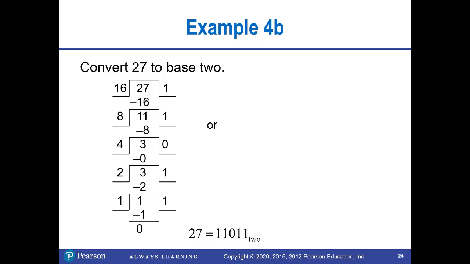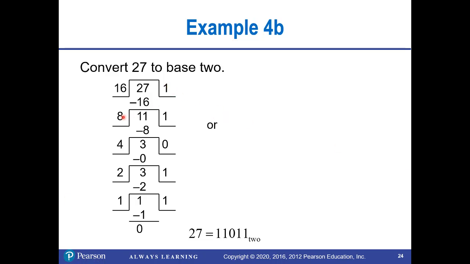So we're converting 27 to base 2. What we want to do is first, on the left-hand side, put our powers of 2, starting with 2 to the 0. So we have 1, 2, 4, 8, 16, and we go until we get to the number that is just below the number we're trying to convert. So 32 would be too big. 32 doesn't go into 27 at all, obviously. 16 goes into 27 once. We write that answer on the right-hand side,